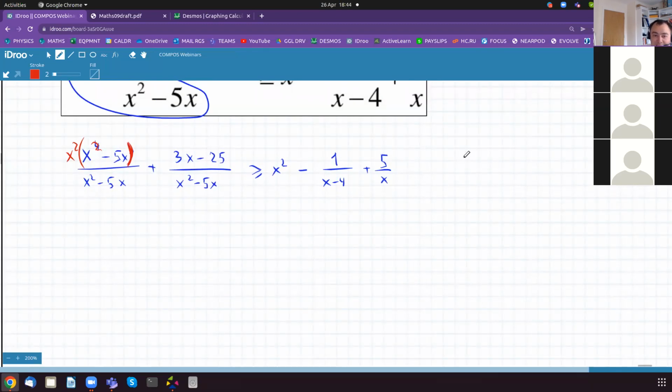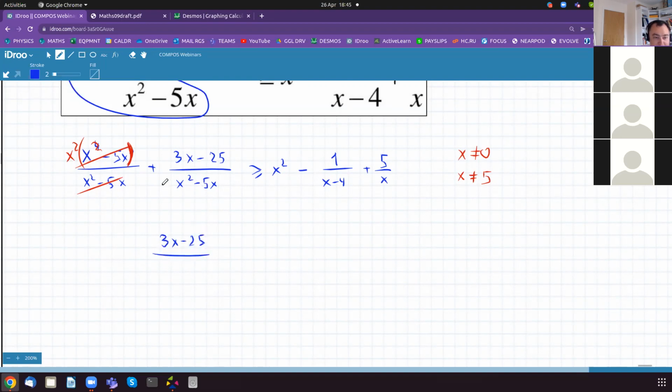Well, as long as x is not equal to 0 and x is not equal to 5, I'm allowed to do that. So I just remember this result. Well, it's a denominator. Of course, it's never 0. And I'm left with x squared. And this x squared and this x squared, they go away. So I'm left with 3x minus 25